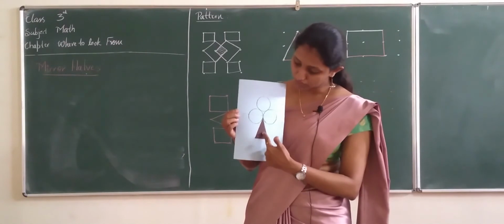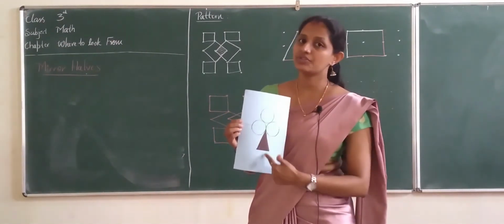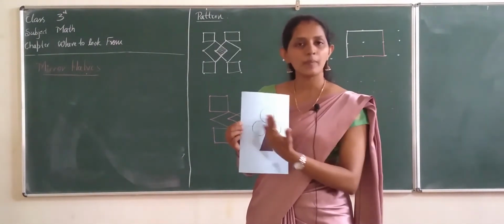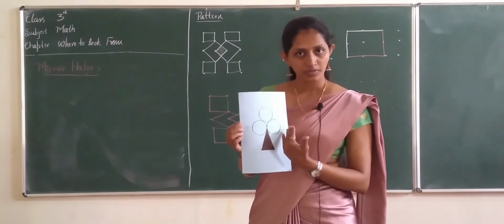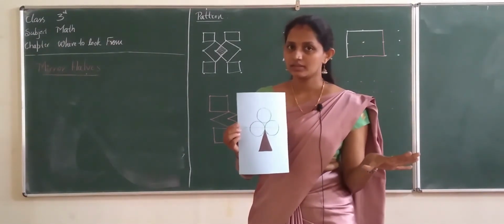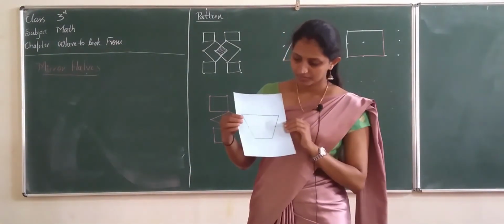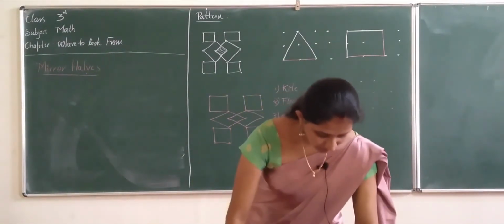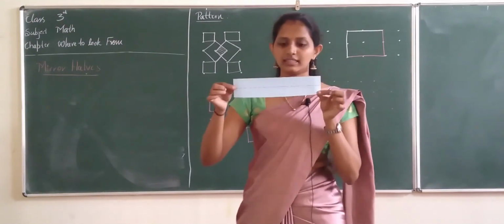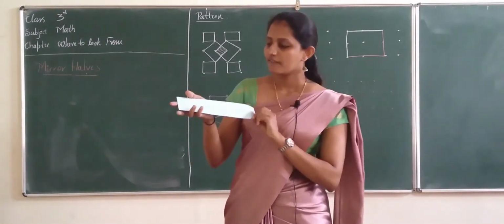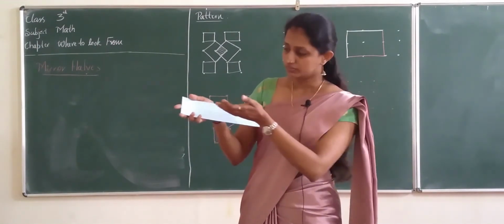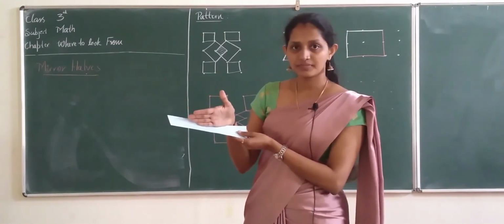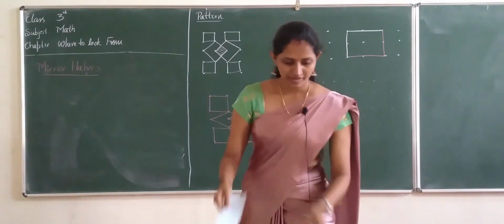When I cut through like this, can I get a symmetrical object? Yes, I can get two identical objects, two equal parts. Understood, no? What is symmetrical and what is asymmetrical? Then, what about this? It is a small rectangle. When I cut through this, or when I place a mirror on this dotted line, can I get a mirror half? Yes. Very good.